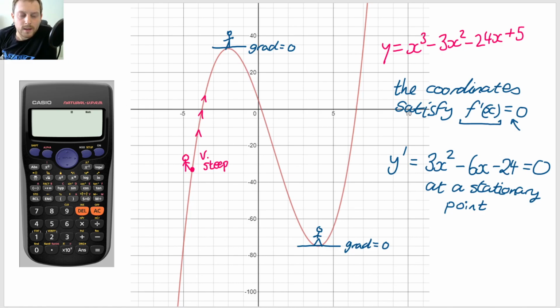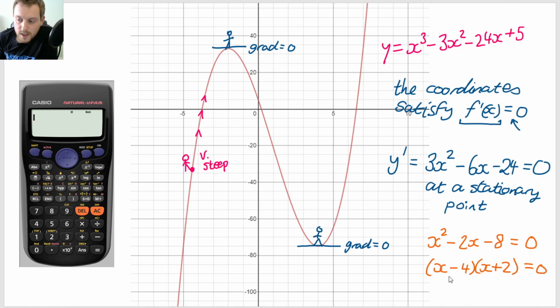So if we were in class, I would say, okay, now solve this. It's just a quadratic, but since it's a video, I'm now going to solve this. So I'm going to divide everything by 3. That would be a good start. So x squared minus 2x minus 8 is 0. And then you'll notice that this factorizes as x minus 4, x plus 2 is 0. And therefore, there's a stationary point when x is 4. So that c would have been 4, or